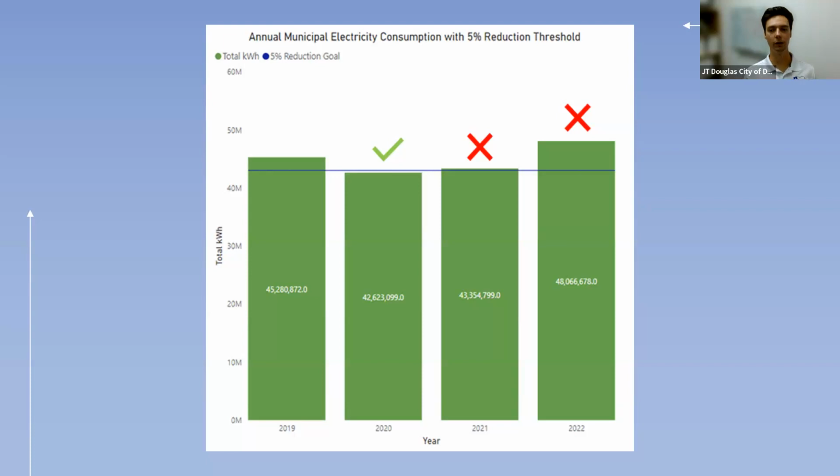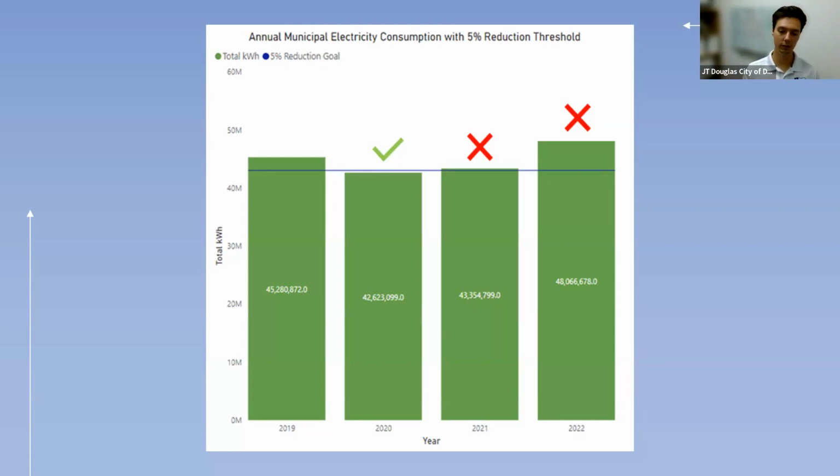This is a little bit more context here. If you're familiar with the SB 241 reporting, if you're a public entity, you'll probably recognize this context. Here we've got all of the data labels on there, the true value of each one of those bars. And then we've got our 5% reduction goal. In the 2-second visual that you get from this graph, you can see in 2020 we met that goal. In 2021 and in 2022 we didn't. And of course, we want to meet that goal. So that's your initial takeaway.